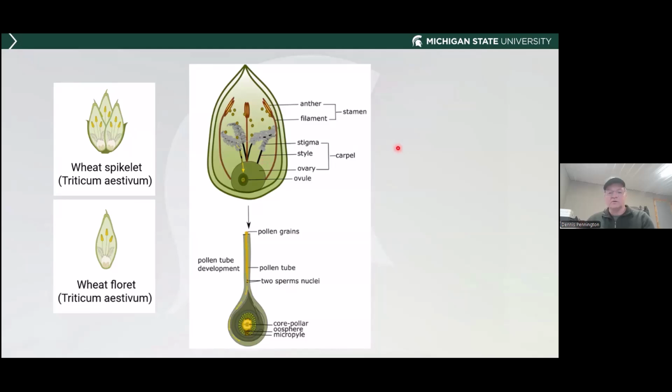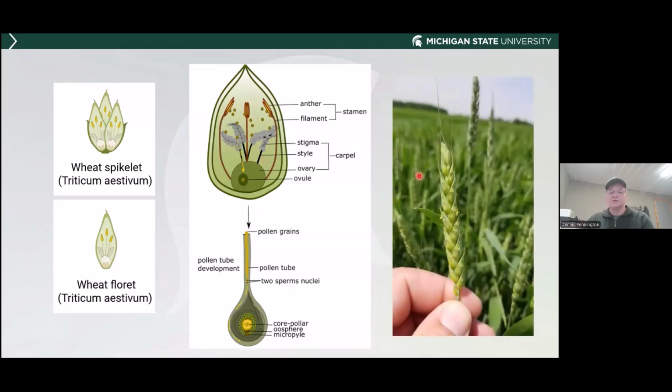So when you look at what's going on in the field and you look at this head here, you can see the anthers are being extruded right now. We're not at this stage yet in the field here in Michigan, but in these two spikelets right here, this flowering has already occurred. So pollination and fertilization has already occurred in these two spikelets once you see these anthers